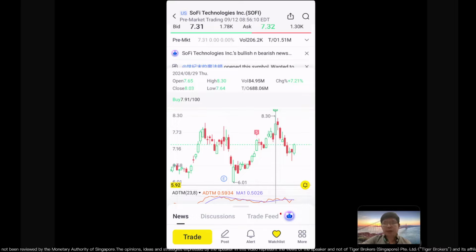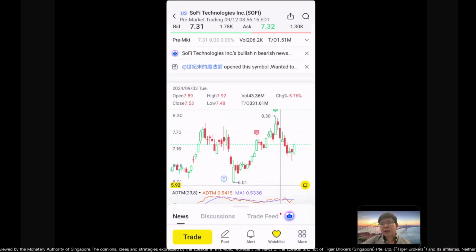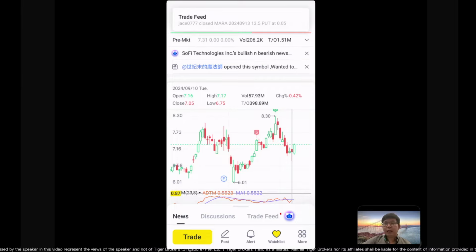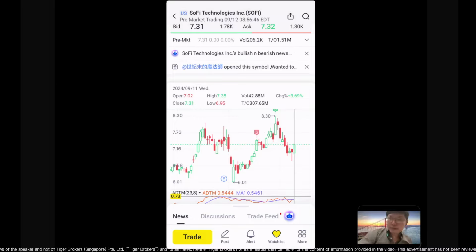These are small cap companies. After that they were waiting, maybe they thought there wouldn't be an interest rate drop, so Sofi got whacked down to very low, $6 plus. These small cap stocks have more loans, so they are more reactive to the interest rate. But yesterday after the Fed announced the 0.25, it went up by 40 cents from the lowest to the highest, which is quite a lot.